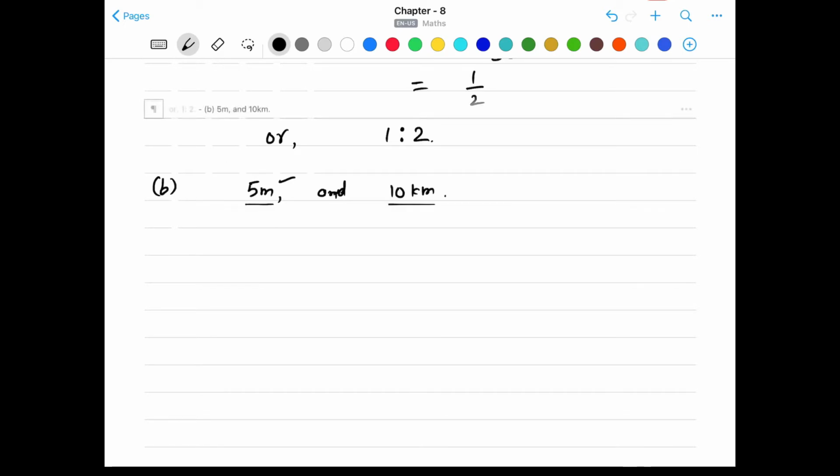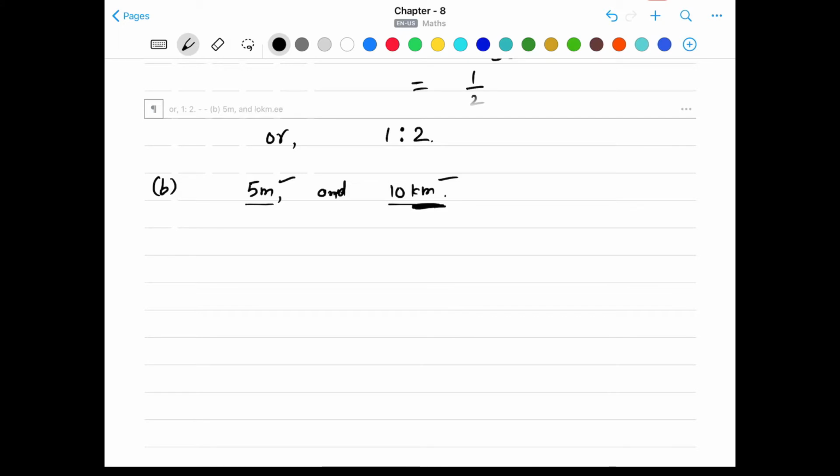Here we have meter and here we have kilometers. So the first thing is to make the units of both values the same. Either we make both kilometer or both meter. Generally, we change the bigger unit to the smaller one. The bigger unit of the two is kilometer,